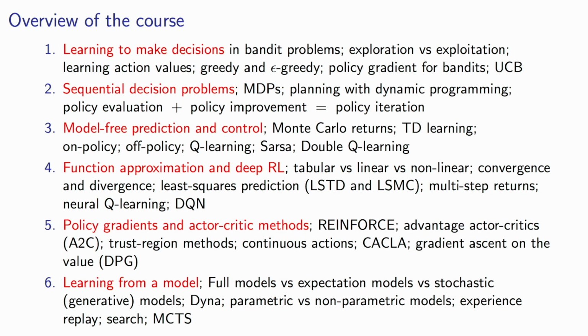And then last lecture, we focused on learning from a model. We talked about the differences between different types of models. You can have a full model, which basically means you're learning the whole MDP, and then you could just do dynamic programming on that. You can have an expectation model, which means you're only learning the expected state, not the full transition dynamics. You're not interested in the distribution of the transition dynamics, but you're interested in maybe predicting a next state. And we discussed the stochastic or generative models, in which you implicitly learn the distribution in a sense, which you can then sample from, but you don't have the explicit access to the distribution perhaps. And then you can just use this as a simulator, for instance.